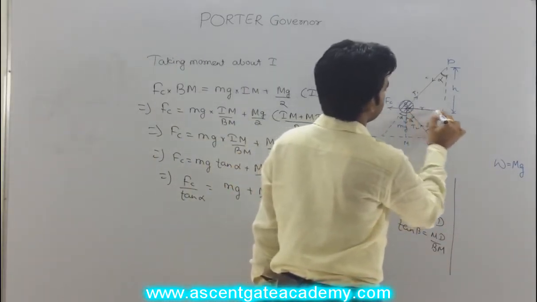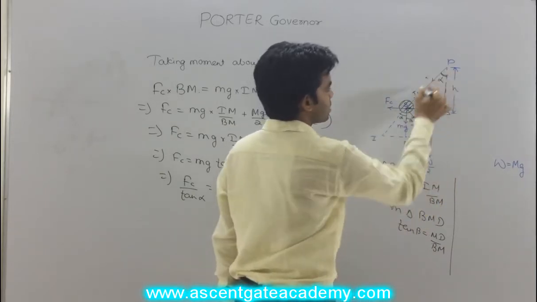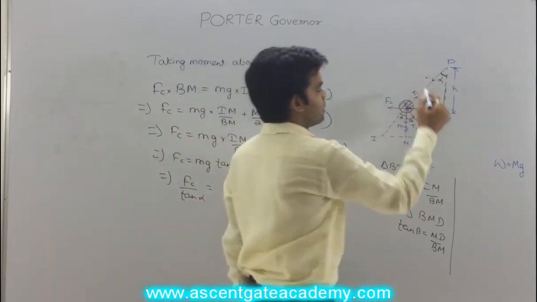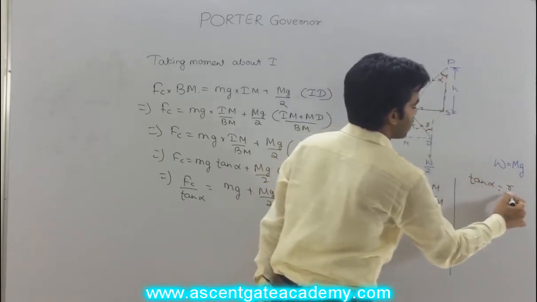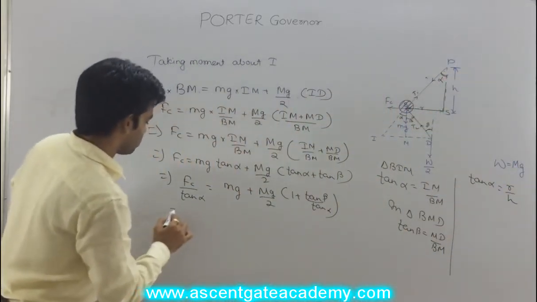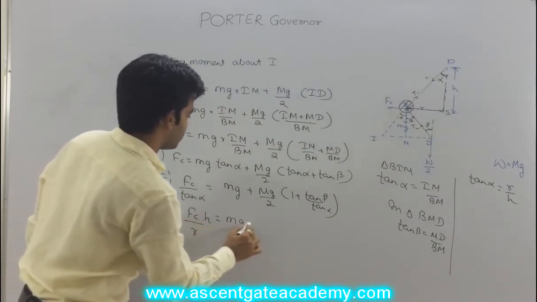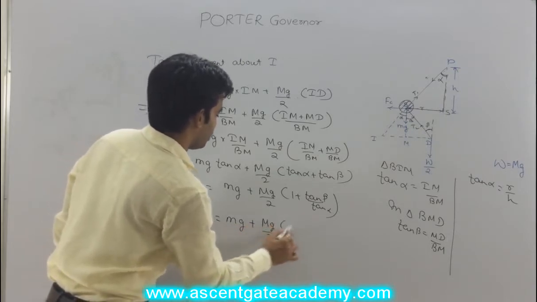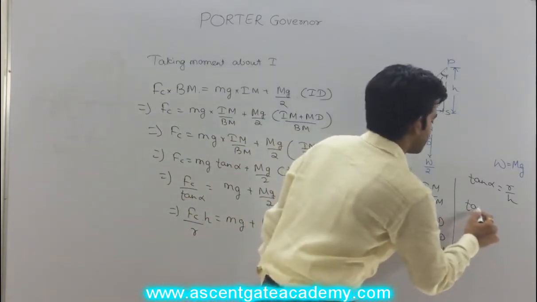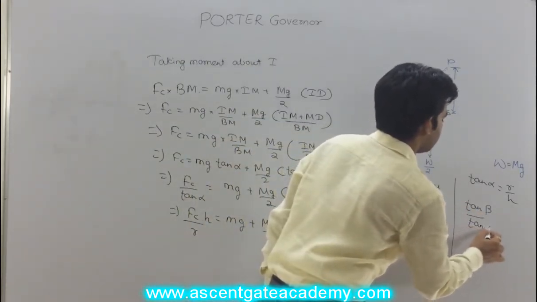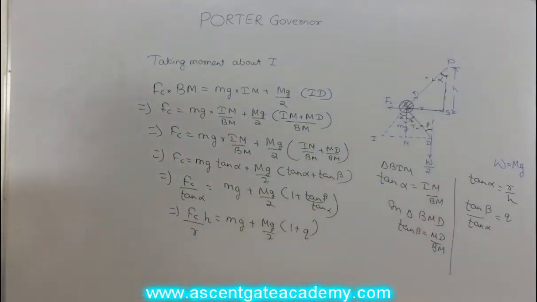Now further, this tan alpha can also be written as what? Just take this triangle, consider triangle PBS, suppose this point is S. Now what will be tan alpha? From here, tan alpha will be equal to perpendicular upon base, so this can be written as R by H. Just put the value. So this will be Fc upon R by H is equal to mg plus capital Mg by 2 into 1 plus the ratio tan beta by tan alpha. Let this ratio tan beta by tan alpha be q. So this will be 1 plus q. Clear or not?